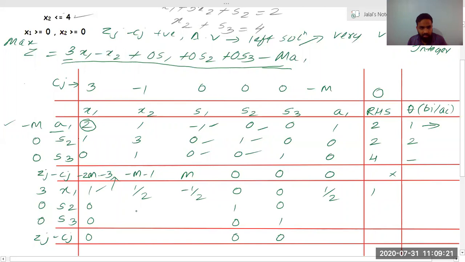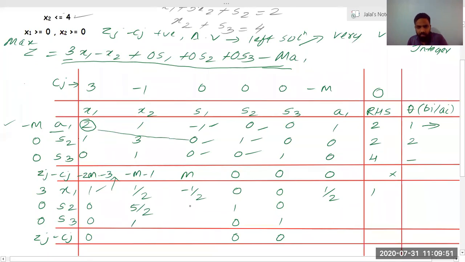So now we need to find this value. This value will be 2 into 3, right? 6 minus 1, 5. 5 divided by 2. I'll write it properly. So this value is 5 divided by 2. Next will be 2 into 1, 2 minus 0. So 2 minus 0 is 2. 2 divided by 2 will be 1. So we need to find this value. 2 into 0. You can see here 2 into 0 will be 0. Minus of minus will become plus.